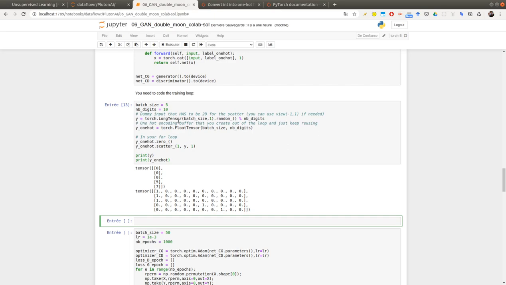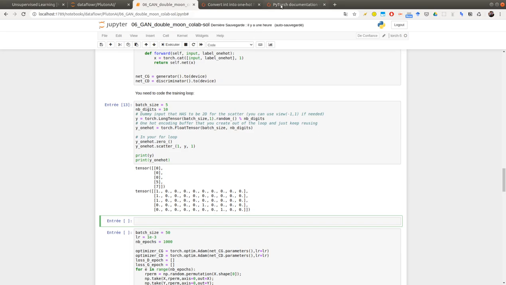The first y vector here is producing random numbers of size batch size by 1, so this column vector with random numbers between 0 and 9, because the number of digits is 10. And then for the one-hot version, I'm first creating a float tensor of batch size times the number of digits, putting zeros everywhere, and now scatter.